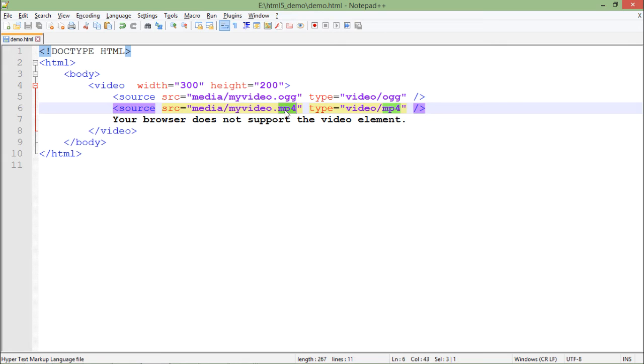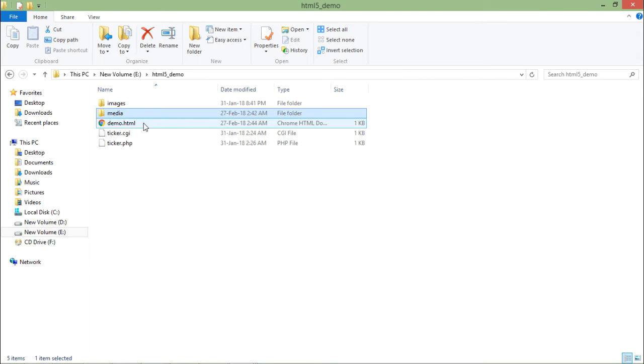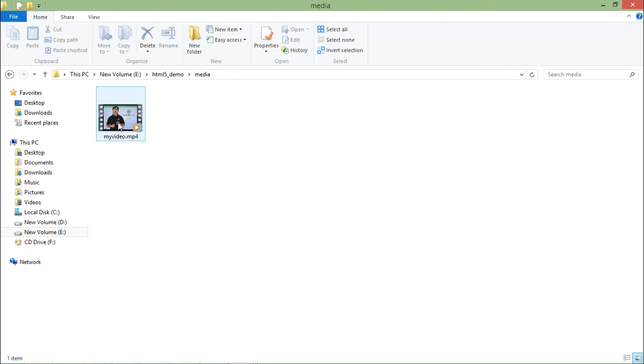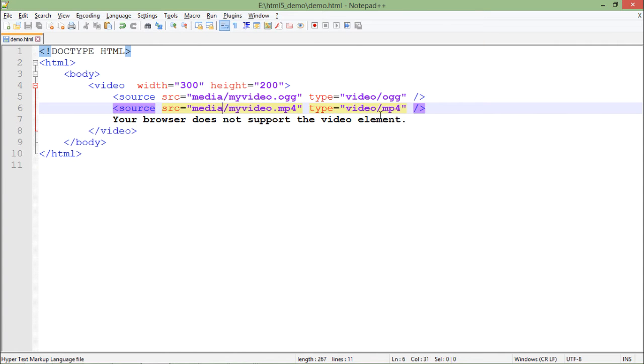Here I have the mp4 file in my directory, as you can see inside the HTML5 demo folder there is a media folder where I have a file called myvideo.mp4 which I want to play in the browser. Once I put the list of files, as I said, the first compatible file will be played in the browser, and if none of the files are supported, then this message will be shown over the browser. Alright, so let's go to the browser